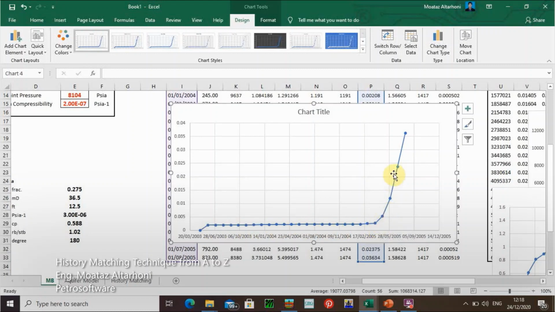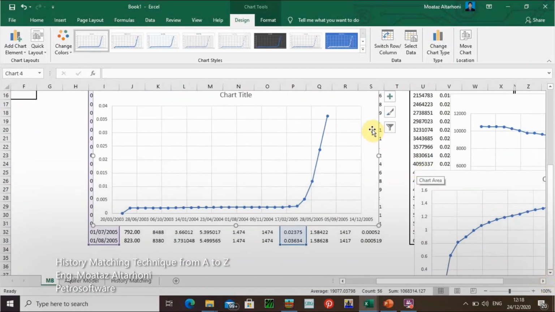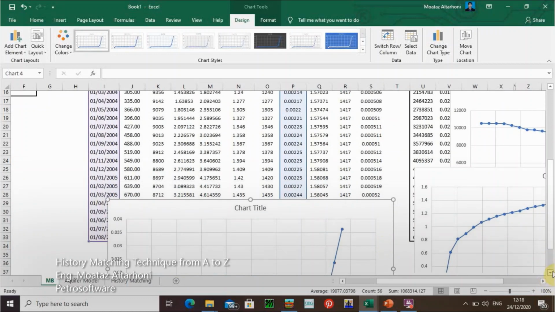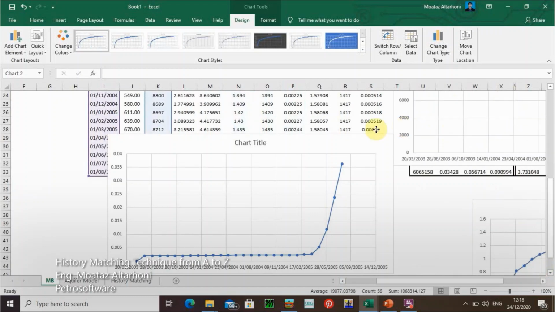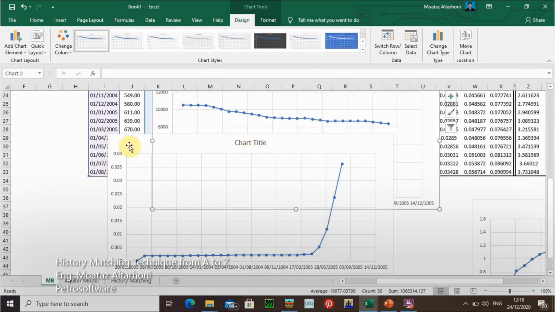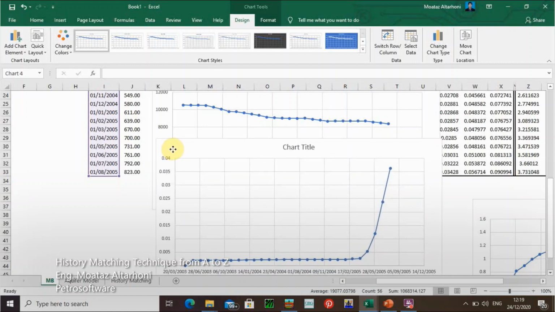Then at this time we can see a huge volume of water produced from our reservoir, and the question right now is when we compare that with, let's see, the pressure. Yeah, we can see here at this time about